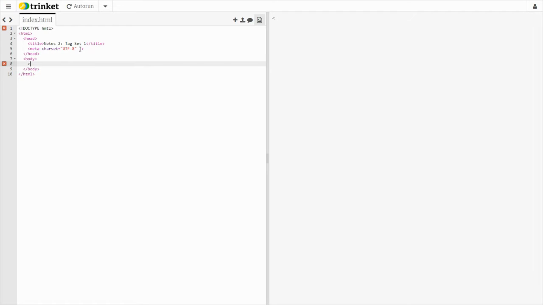So there are 6 different sizes of headings. We have an H1 for heading 1, which is our largest, and our H6, which is heading 6, which is our smallest. So what we're going to do is write all of them down. I'm starting here with H1. I'm just going to type heading 1, and then I'm going to type in open angle bracket, H2, close angle bracket, and I do a heading 2,